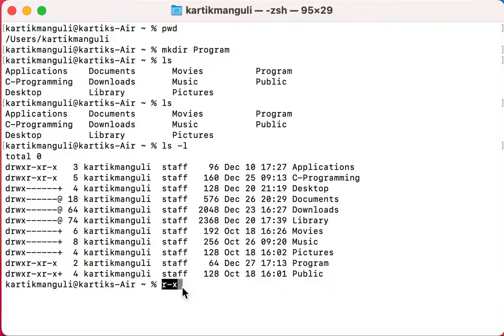For the group, it is only read and execute, but they cannot write. If you hit ls minus l, it will show all the basic details about the directory: the file size, who owns the file, everything.